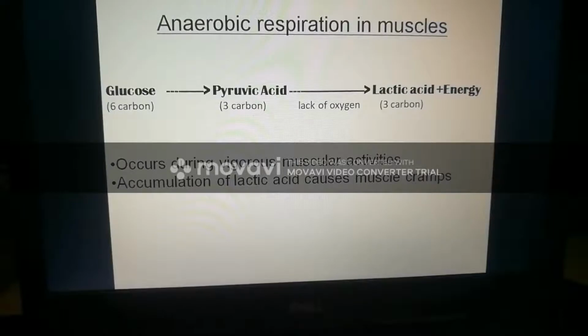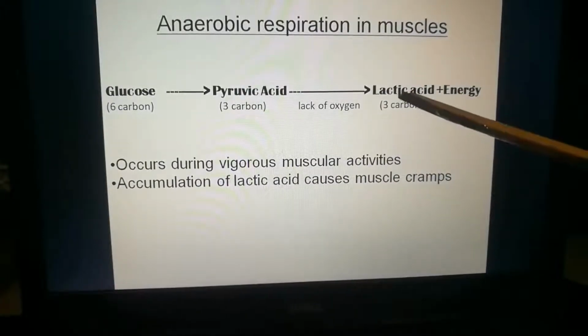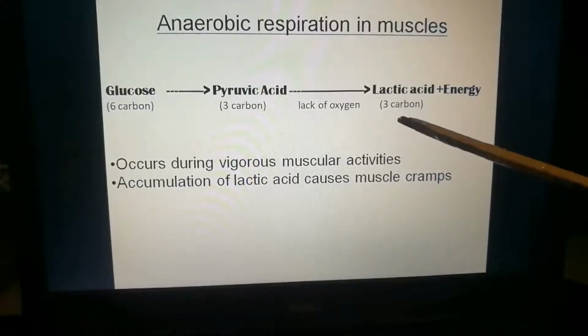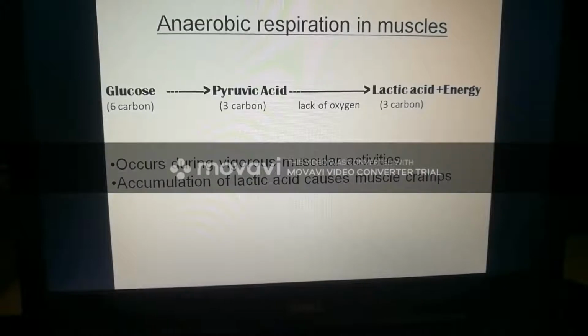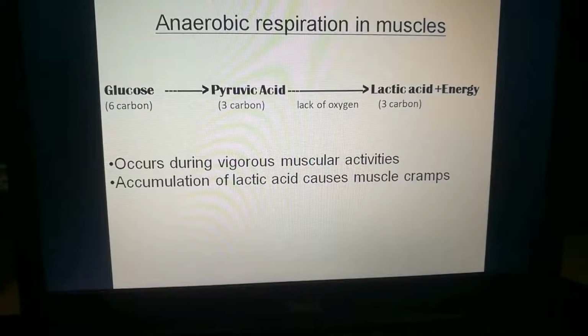causes muscle cramps. So if you want to get rid of the muscle cramps, the incomplete cycle which has stopped at lactic acid has to be completed. The lactic acid has to be further broken down, and this can happen when the muscle cells get more oxygen. So when you have vigorous activities and you have muscle cramps, usually you take